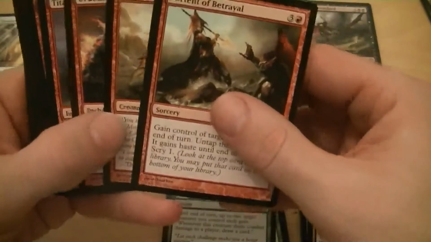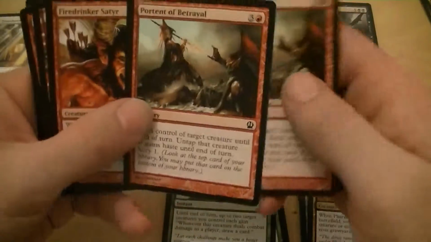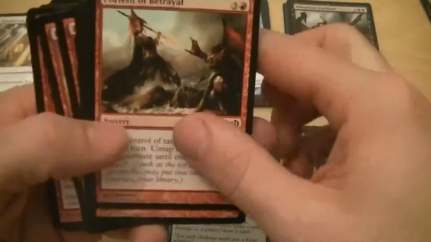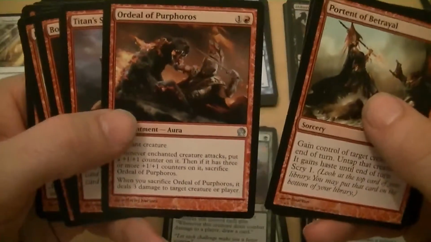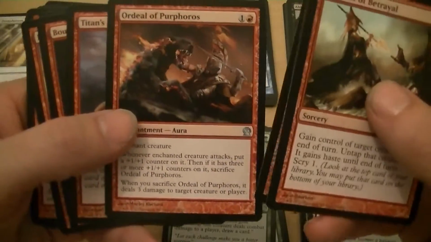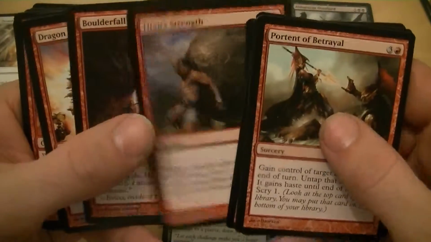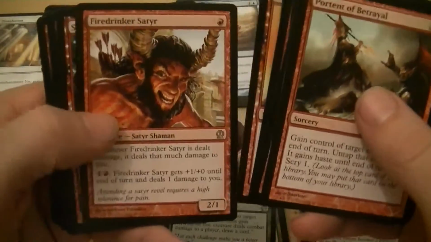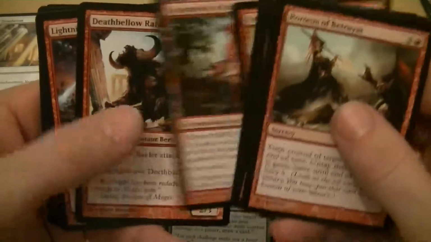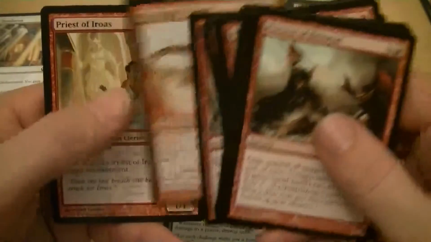And then red, I know I got 2 of these. Portent of Betrayal. Steal a creature. A 4/3. Ordeal of Purphoros. The Titan's Strength, the Boulder Fall, Dragon Mantle. I guess red's pretty good too. But